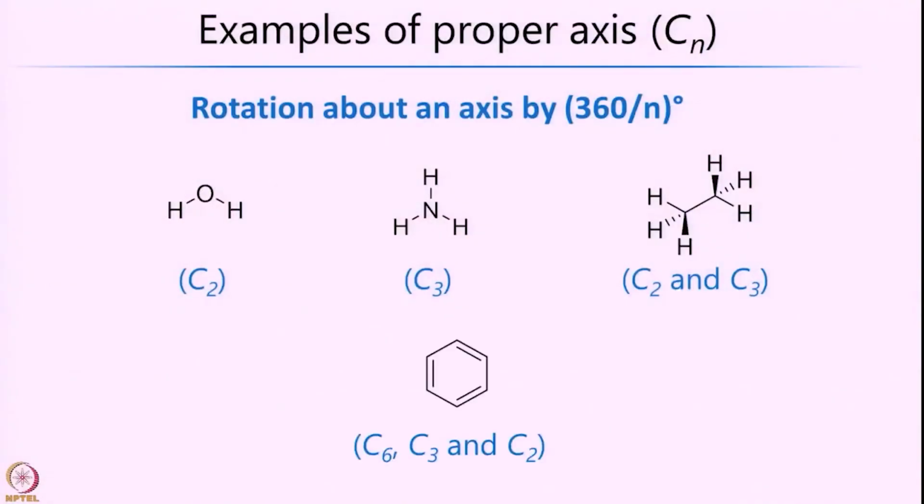Alright, now let us go ahead and look at a slightly more symmetric or complicated system. Here we have benzene as a particular system, and I guess this is a little easier to look at because the molecule is planar. So, you can just look at it in the plane of the board itself, and here you have different elements of symmetry. One is, if you go orthogonal to the board, that is perpendicular to the board, I will just try and